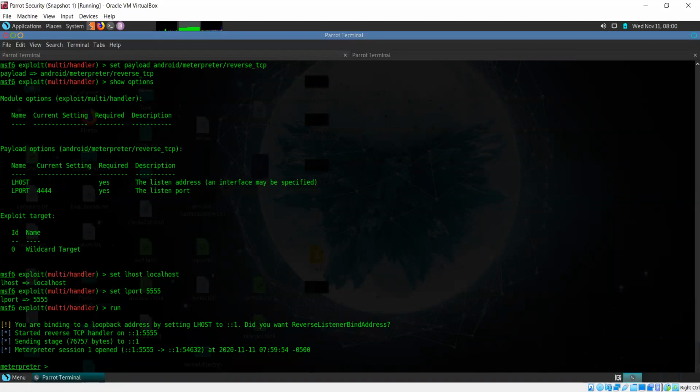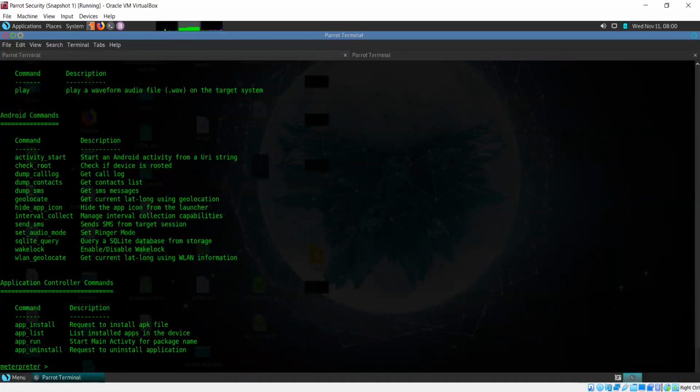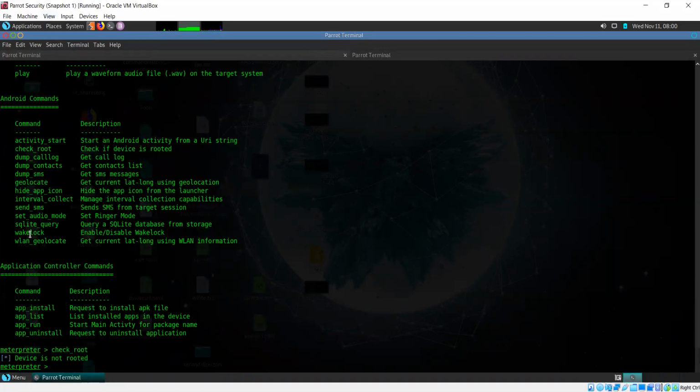So now if I look at the list of things that I can do here, check root, so I can check if a device is rooted. I can install or uninstall applications. I can get the list of apps. This command is saying device is not rooted, which is correct. My device is not rooted.